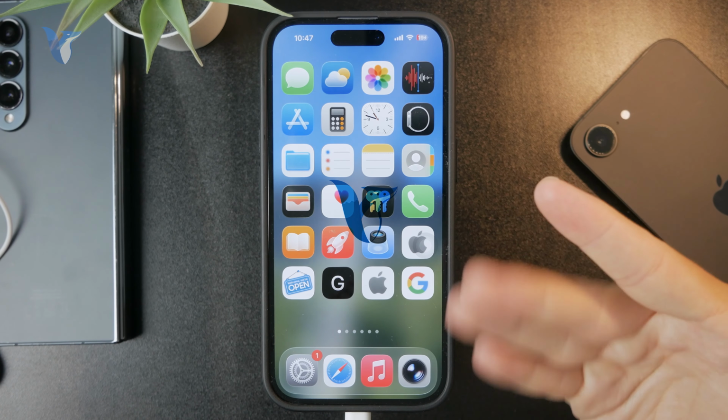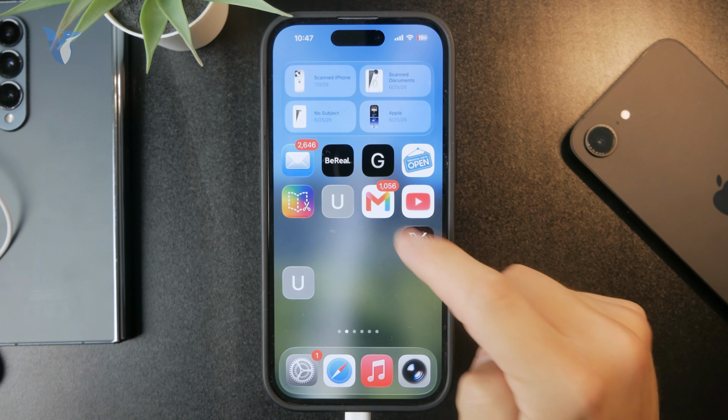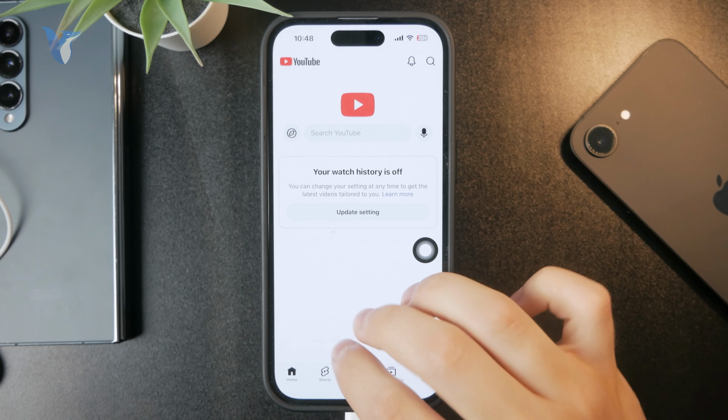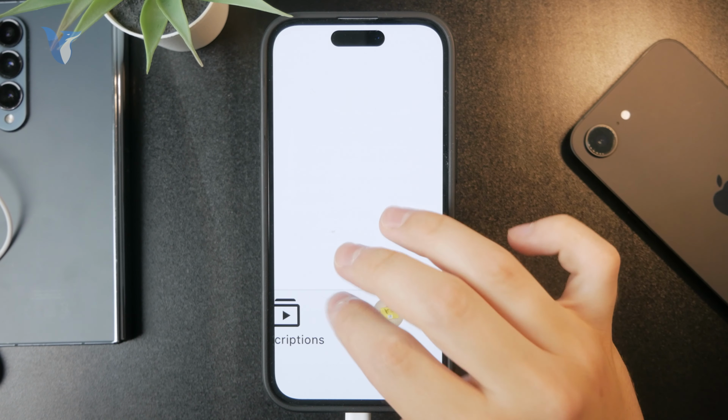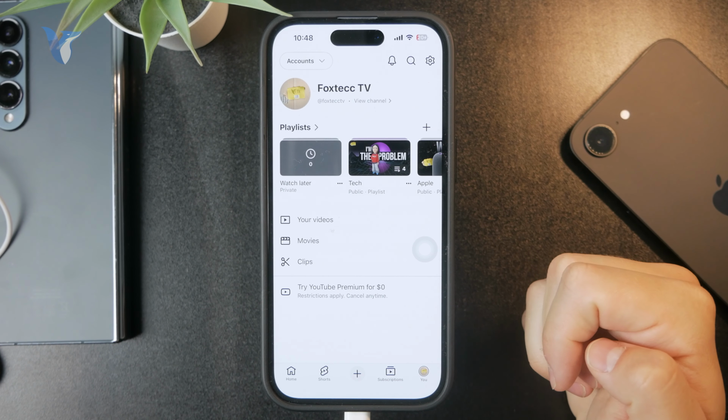This is how we can sign out of YouTube on the iPhone. So at first we located the YouTube app like this. We get inside, and as you can see, I am currently signed in with this account. So when I click on the bottom right, which says you, I get to my profile, and in order to